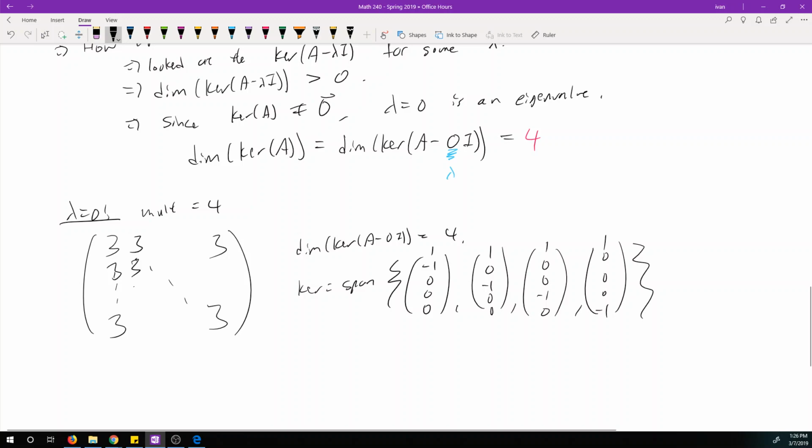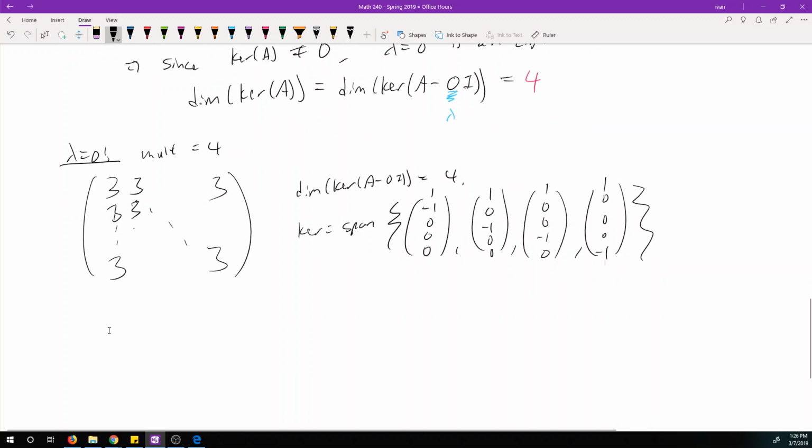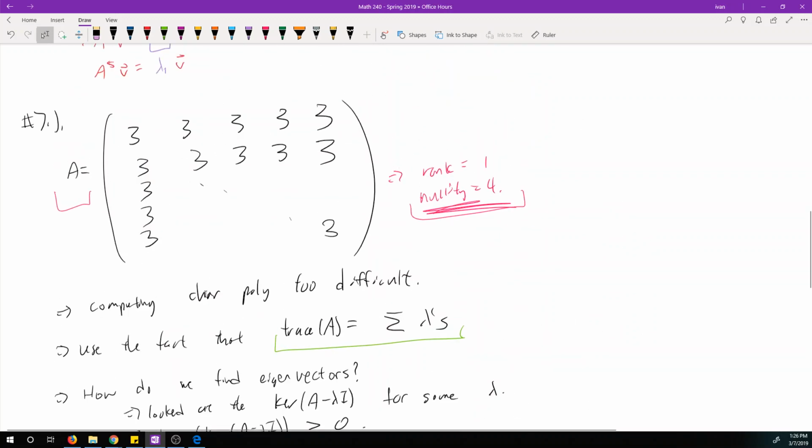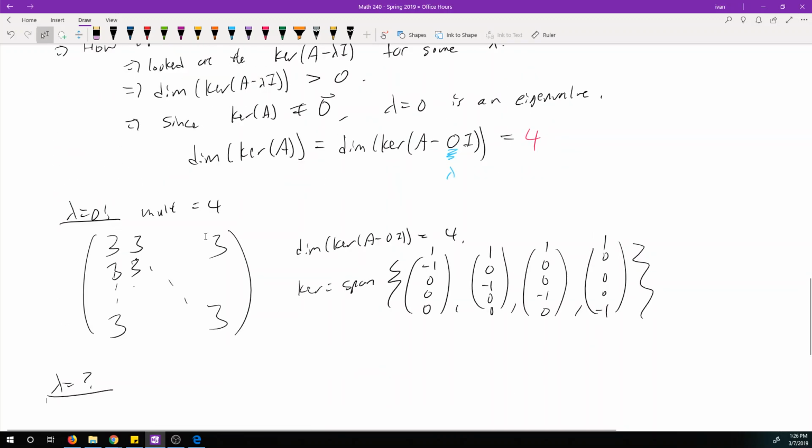Okay, so now we found 4 eigenvectors for lambda equals 0. Now we need to find the other lambda, or is there another eigenvector? So first of all, why isn't the algebraic multiplicity of lambda equals 0 equal to 5? Because I think I said that,